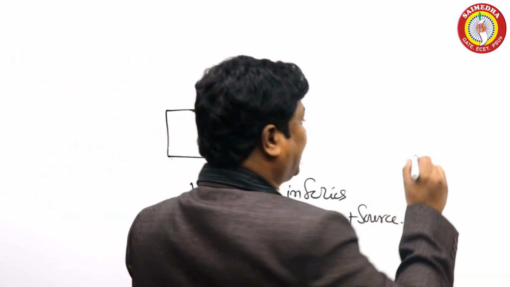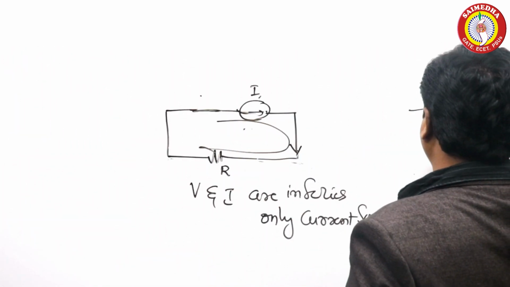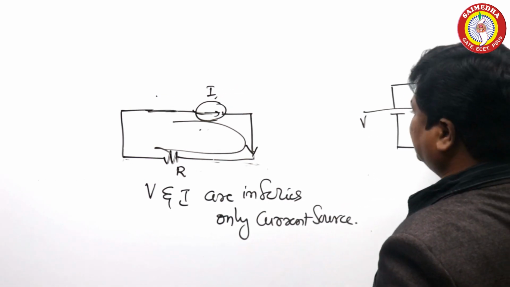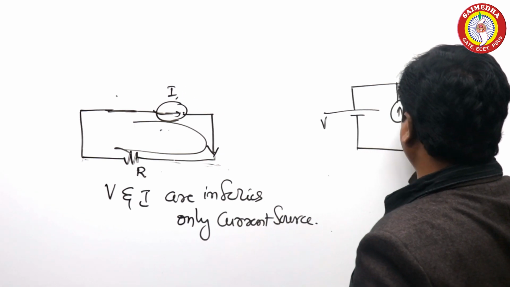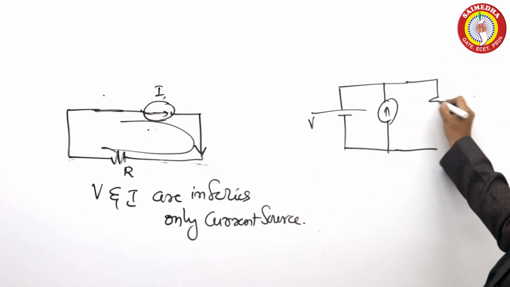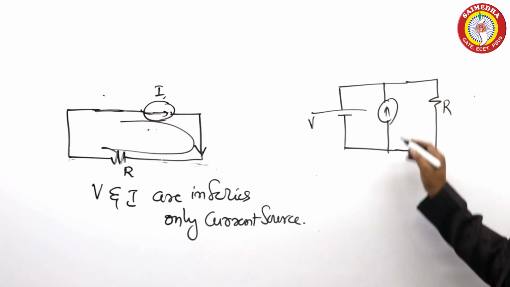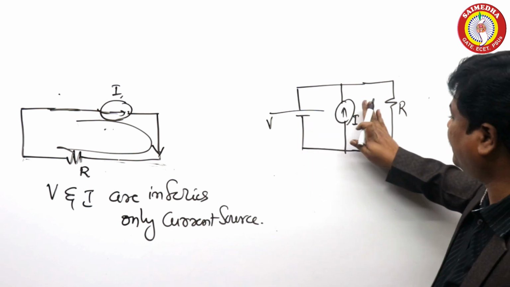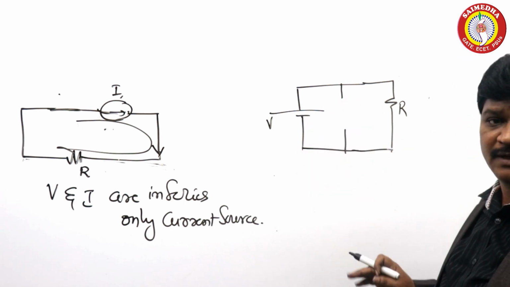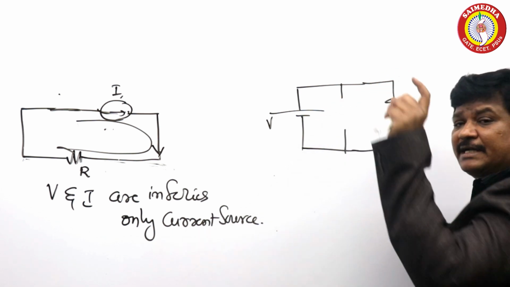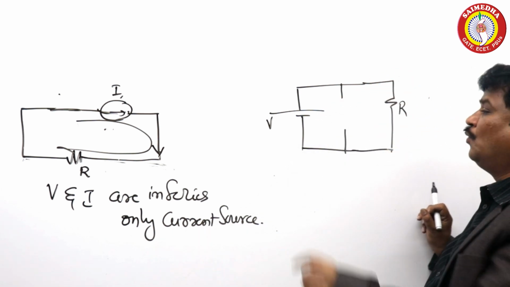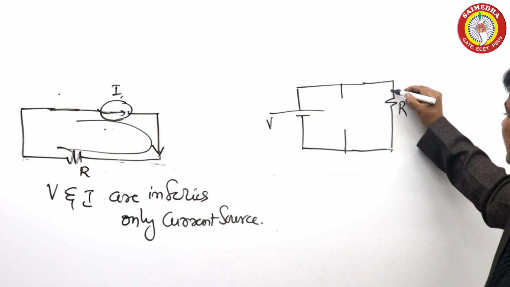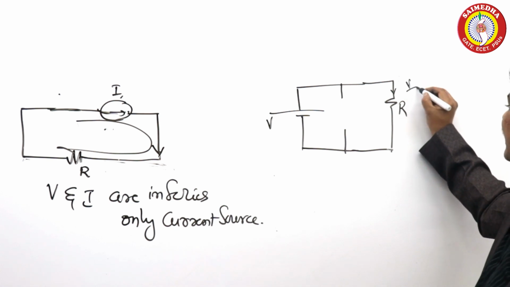Similarly, when you take a voltage source V and a current source here, that is parallel. We have some resistance here, and this is current I. Suppose you apply the voltage; we make the current source open like this. Generally, current is made inactive by opening the terminal, and voltage is made inactive by shorting the terminal. Under this condition, what is the current passing through this one? It is V by R.